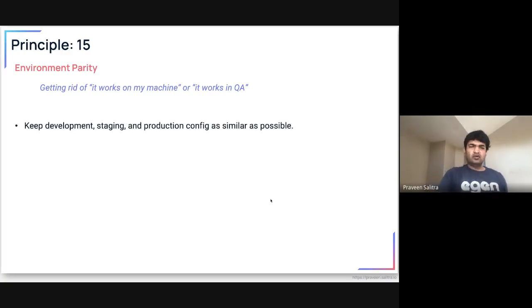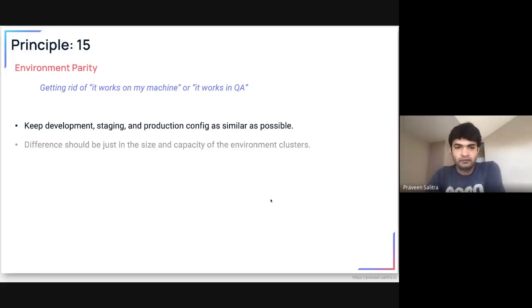So the whole idea here is, if you follow most of these principles that we have talked about so far, you will be able to keep your development, staging, and production environment configurations as similar as possible. Because remember, all these configurations are sitting in your code base, or version control. So it's not like a human or DevOps person forgot to apply it in QA but applied it in production. Things like that will not happen if you follow the concepts that we discussed before.